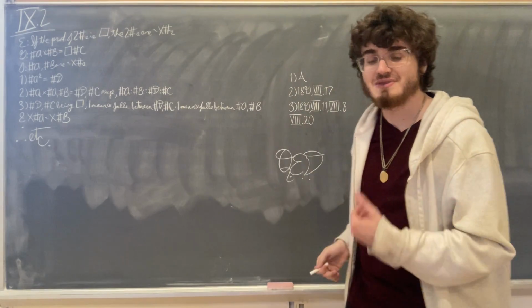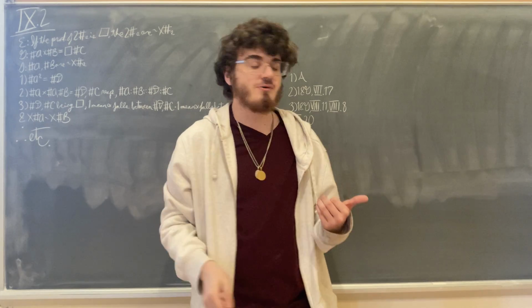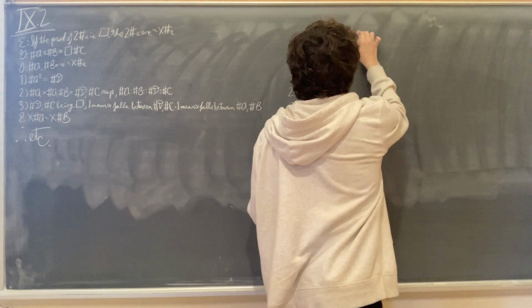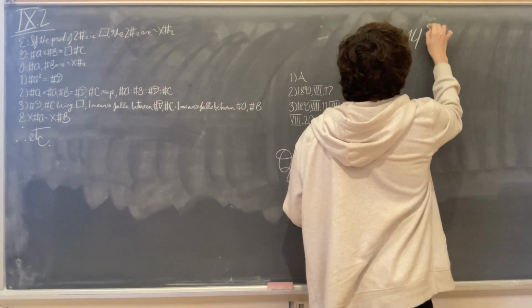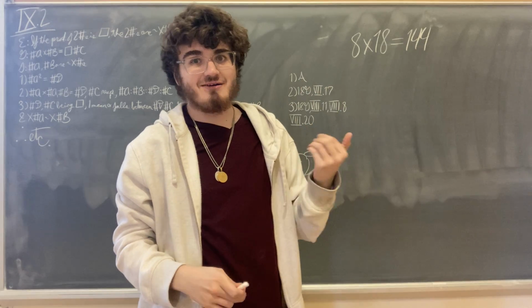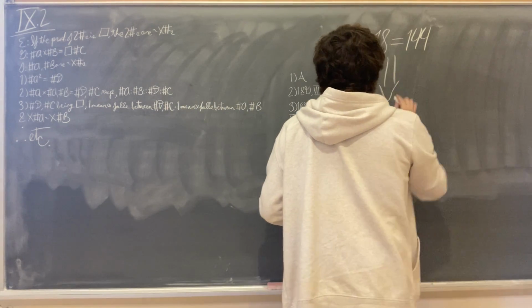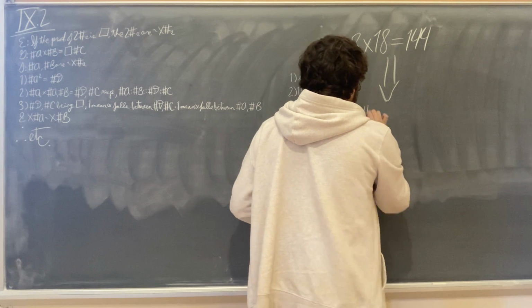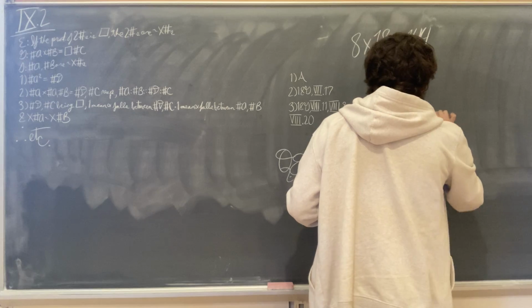I'm going to use the same example as last time, of 8 and 18, but this time go in reverse. So we know 8 times 18 makes 144. We also know that the number 144 is a square number. It is equal to 12 squared. So what follows from this is that the plane number 8 is similar to the plane number 18, which we